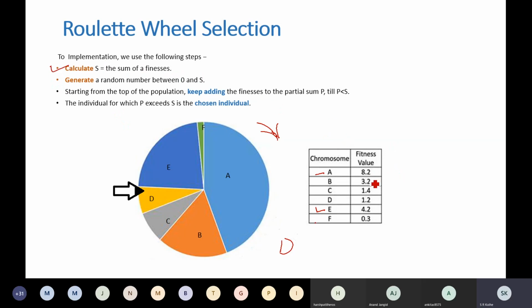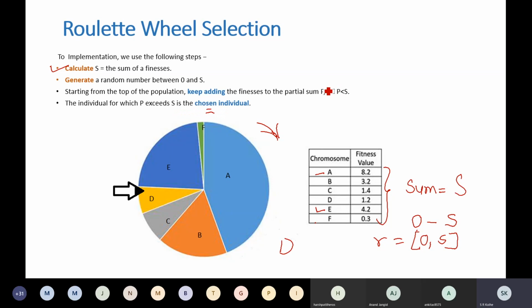For example, add all these values 8.2, 3.2, 1.4, up to 0.3; that sum is S. Generate a random number between 0 and S. Starting from the top of the population, keep adding fitness to the partial sum P. The individual for which P exceeds S is the chosen individual.